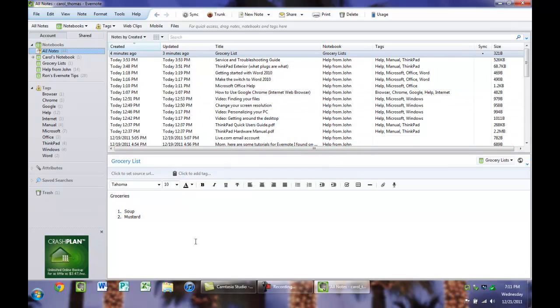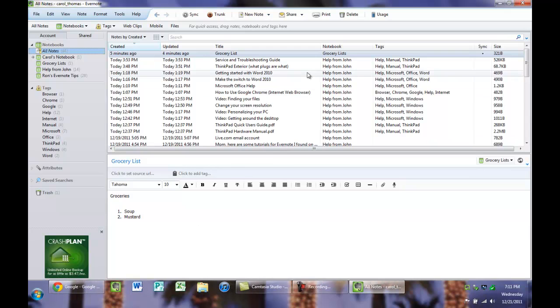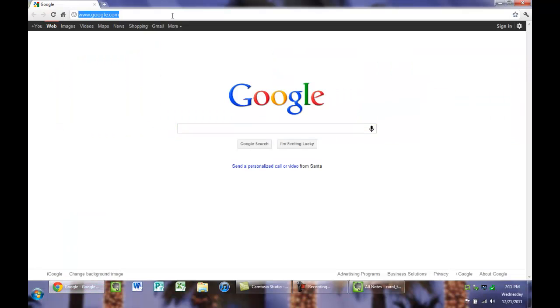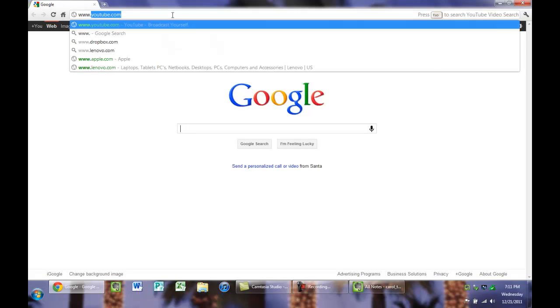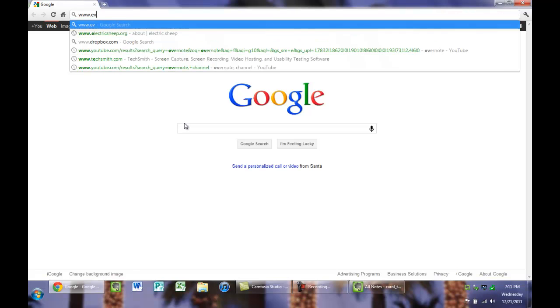Now here is another cool thing about Evernote, which I kind of alluded to when we first started. If I open up Google, let's say that I'm in San Antonio and I need, let's say I scanned my Allstate insurance card, but I don't have it with me. I actually scan things like my insurance card and different information instead of filing it. This is like my digital file cabinet. So you can actually go to Evernote